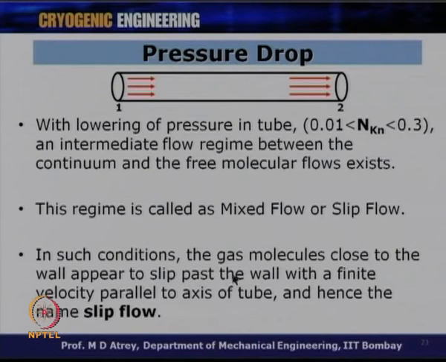It is not stopping over there, it is slipping past the wall with a finite velocity, and therefore, this velocity will also show up in the calculation of delta P or mass flow rate. And therefore, in slip flow, we will have what was happening in continuum flow, plus, because of the finite velocity existing at the walls of this pipe, one more parameter appearing in the pressure or mass flow rate calculations.